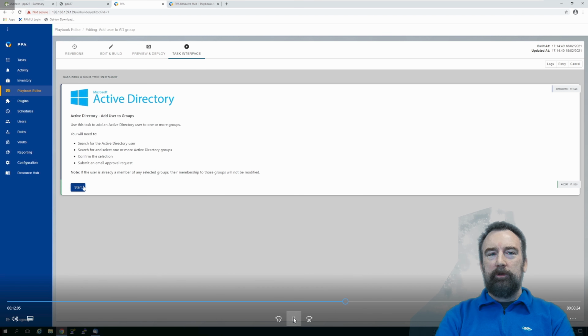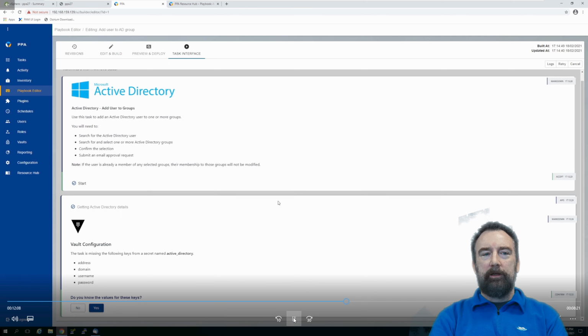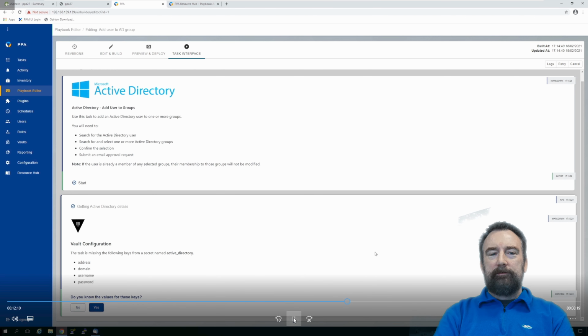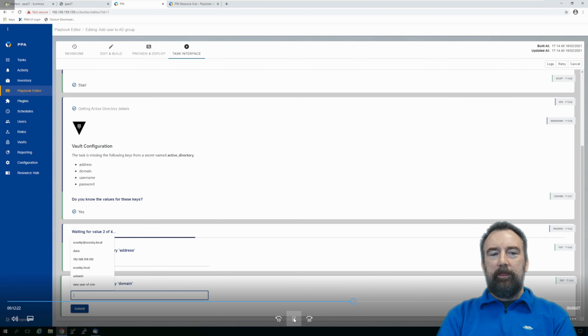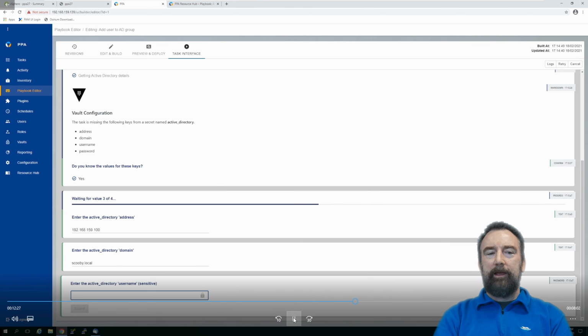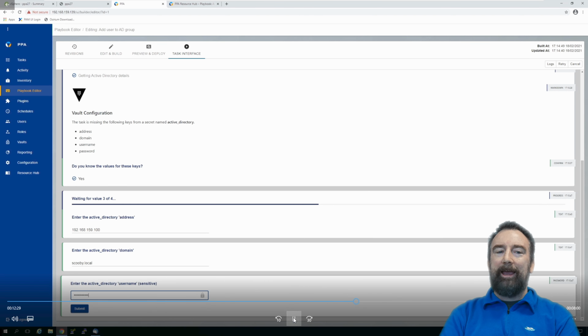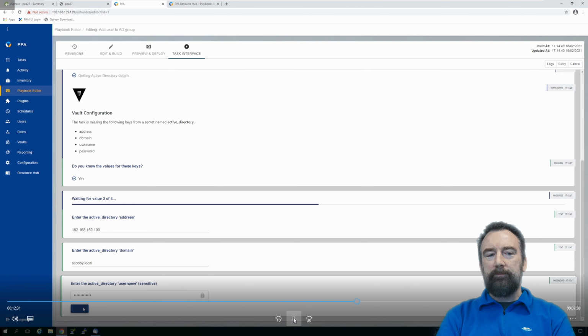Okay, the window's come up telling us what it's going to do. We click the Start button now. It's discovered that we don't have any Vault information for accessing Active Directory. So the first time we run this, it's going to collate this data. So put in an address for the domain controller to start with, then your fully qualified domain name, and the username you're going to use to access Active Directory. And if we type that again,